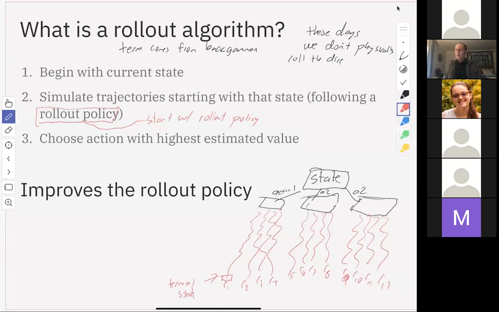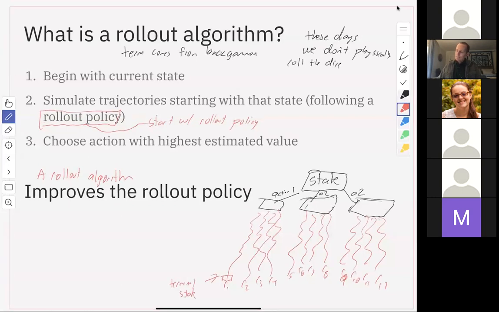What the rollout algorithm does is it improves. And I'm going to say it improves the rollout policy. Really what it's doing is it's improving the current action choice